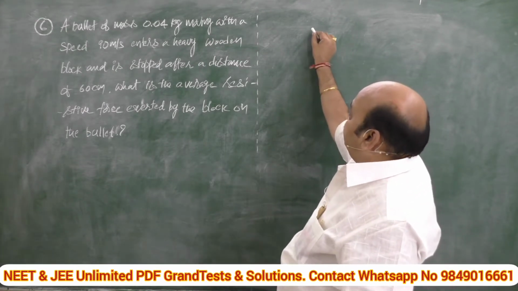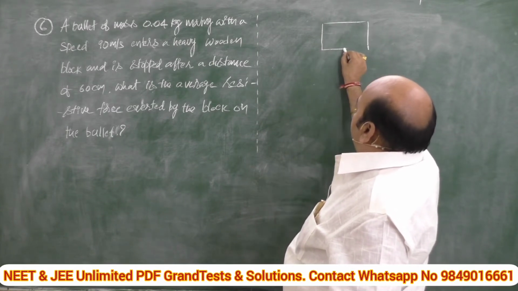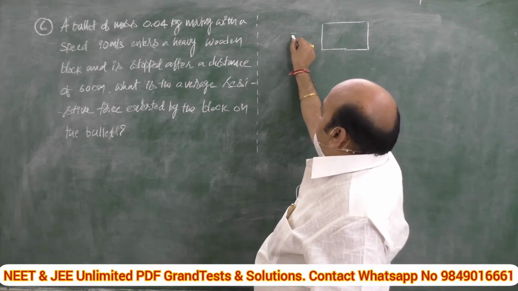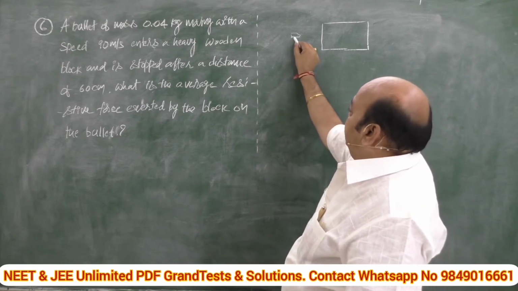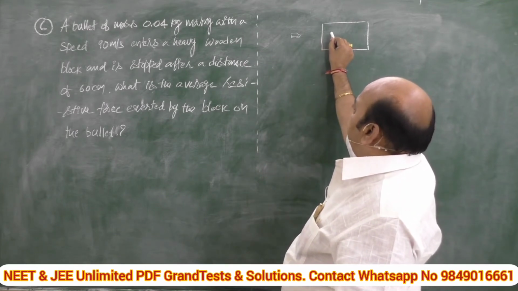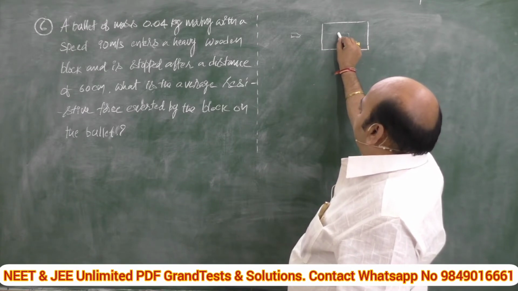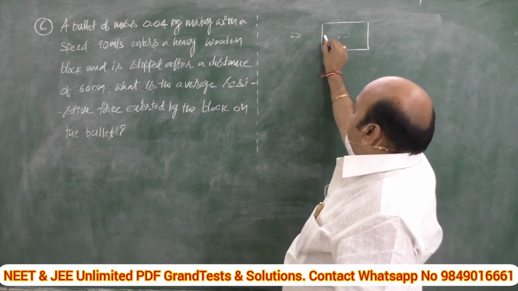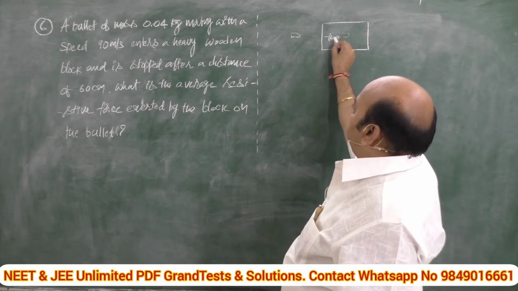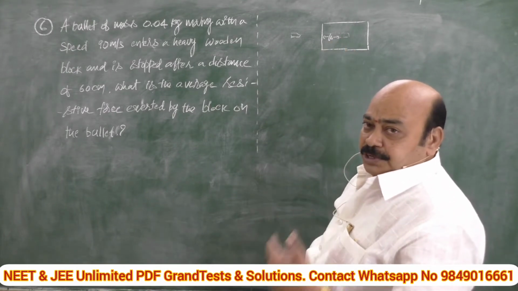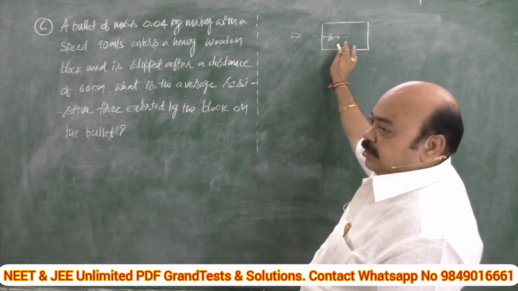First, I will try to visualize the concept. It is a wooden block. Now, a bullet was fired into this. This is a bullet. It is general knowledge. When it strikes it, it will pierce. That means it will move up to a certain distance inside the block and finally come to rest. And the distance through which it moved was given as 60 centimeter. Now our job is, we have to find what is the force exerted by the block on the bullet.